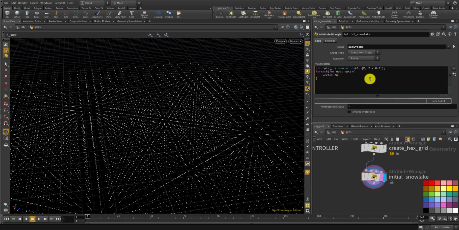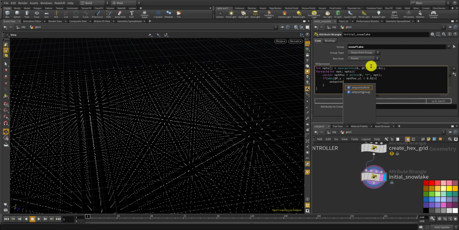let's first get the near point position. And if the y value of the point is equal, or should I say abs of point y minus npt pos y is less than 0.0, which means it's basically on the same height. If the point is on the same height within this search distance, search area,